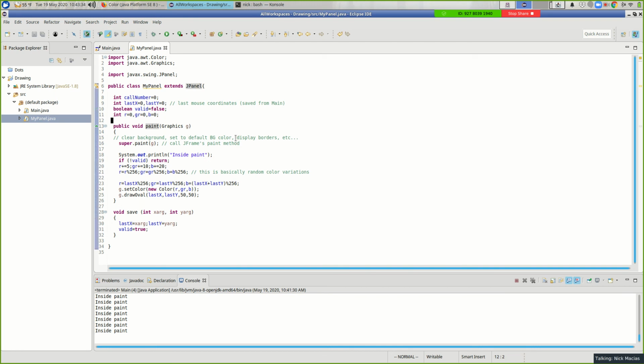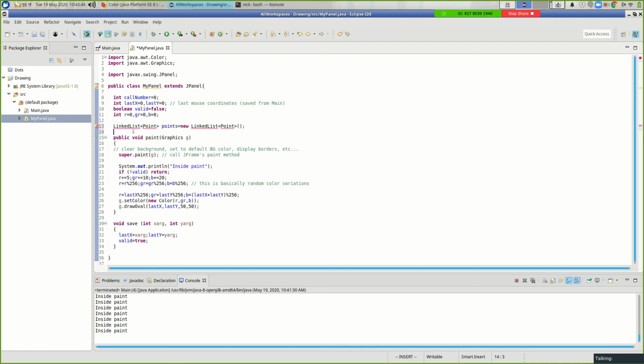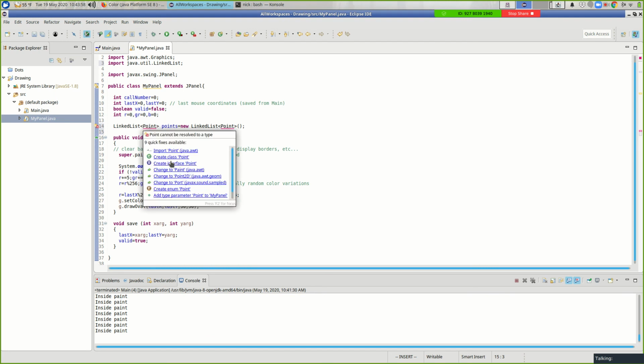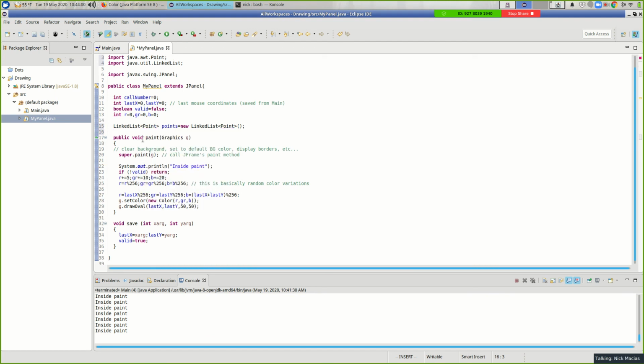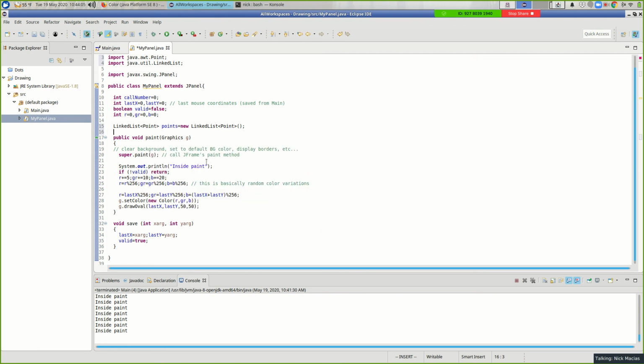Alright, I probably won't finish this in time, but let's try this. So let's pull in our point. Let's pull in our linked list class. And let's pull in our point class, and let's save our XY coordinates in this linked list. So our save method